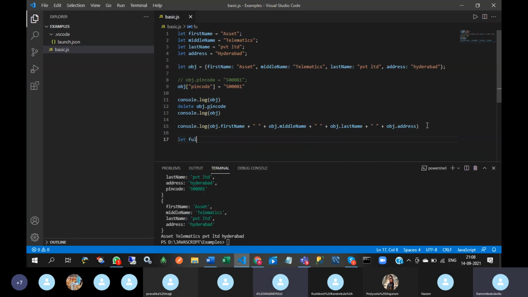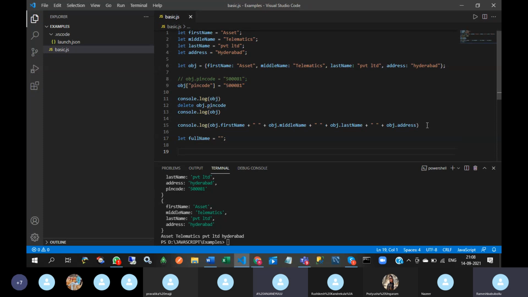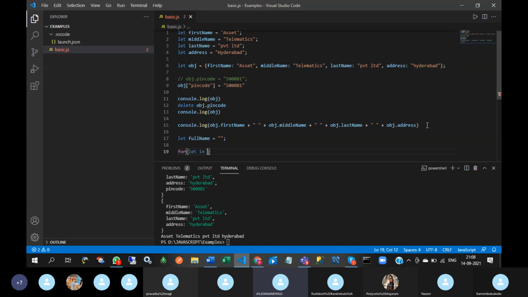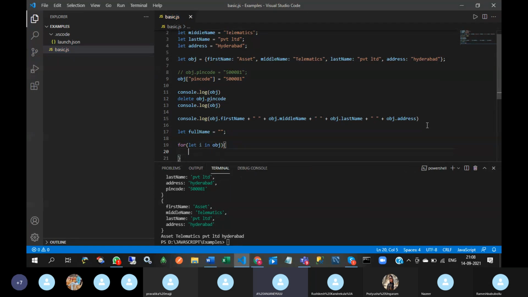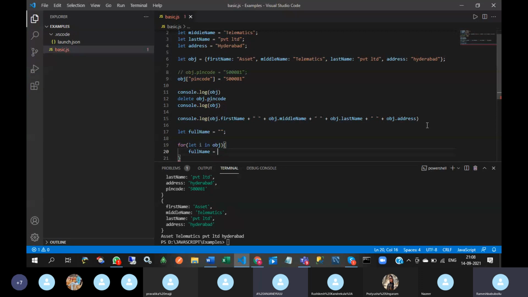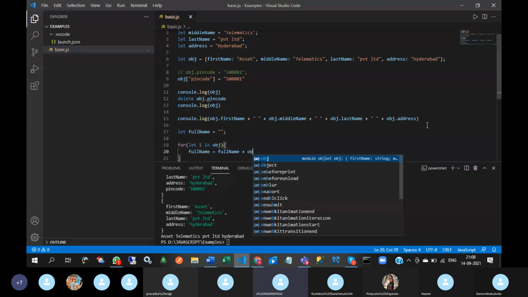Before writing this, I want to declare one variable, full name, which is empty quotations, and for let i in object.